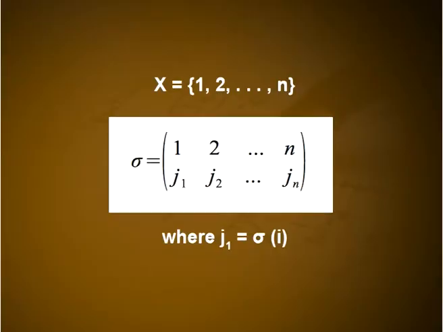Permutations. An invertible, that is bijective function sigma from X to X is called a permutation on X. The composition and inverses of permutations on X and identity function on X are also permutations on X. Suppose X is equal to the set 1, 2, etc. n, then the permutation sigma on X is frequently denoted by sigma equal to 1, 2, etc. n going to j1, j2, etc. jn, where ji is equal to sigma of i. The set of all such permutations is denoted by Sn, and there are n factorial, that is n into n minus 1 into etc. 3 into 2 into 1 of them.